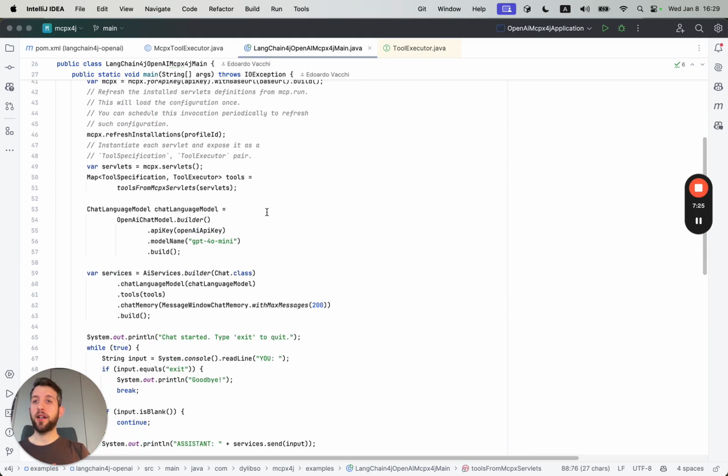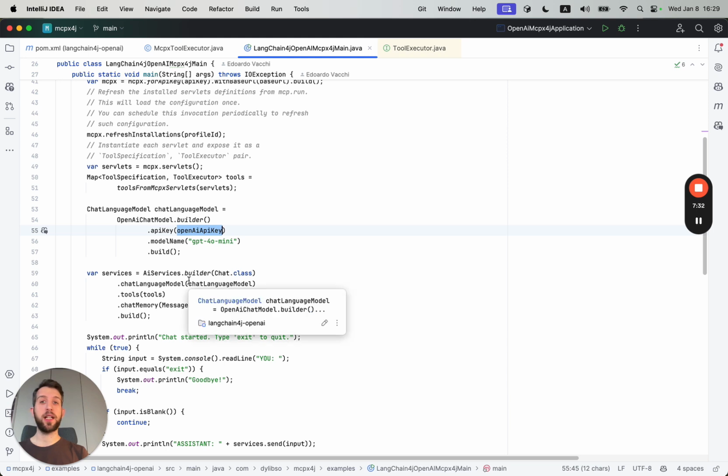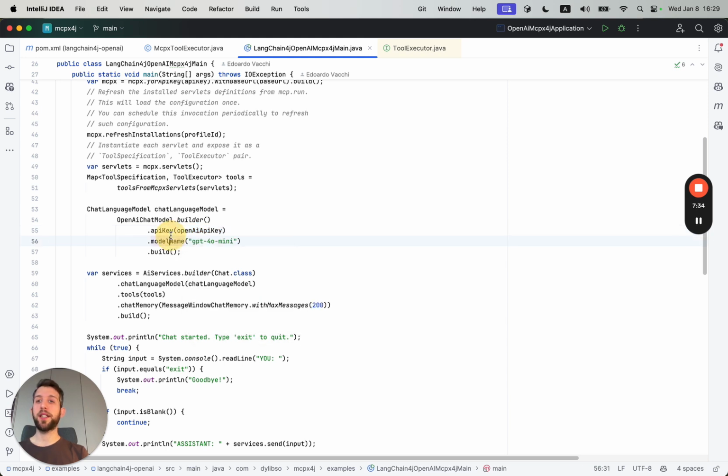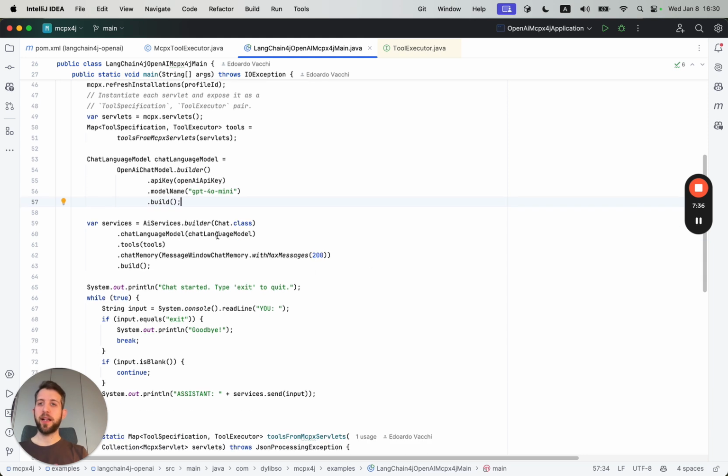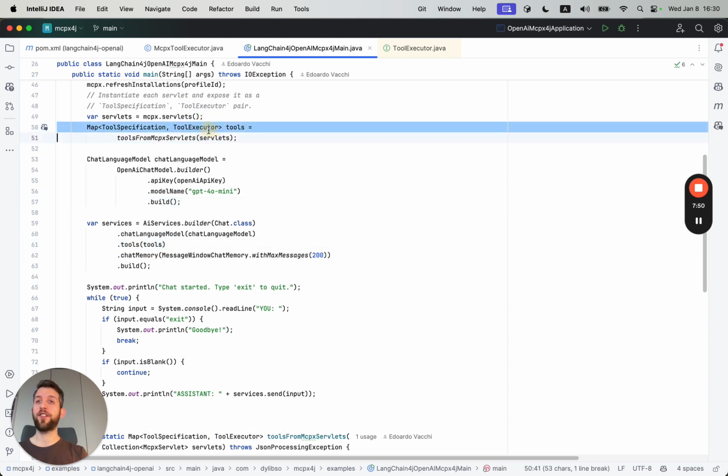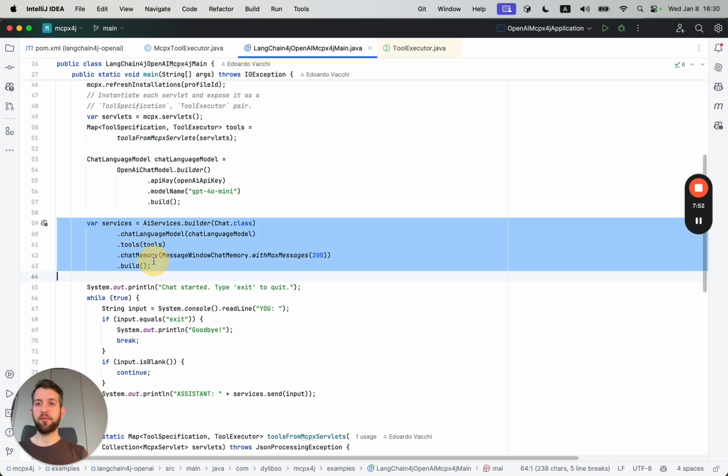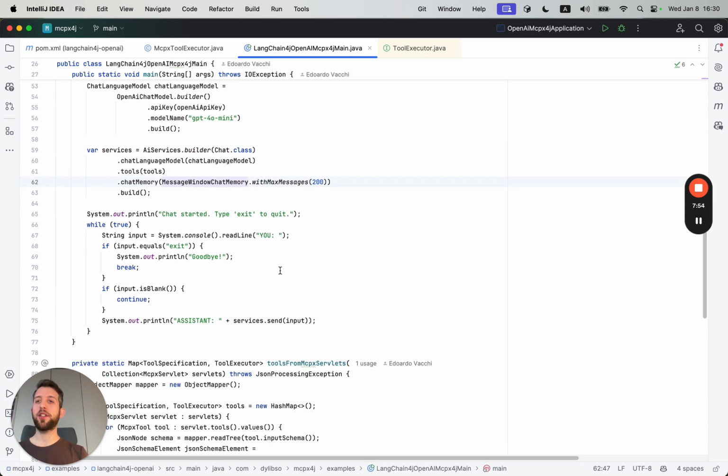After you have all of the tools and all of the tool specs, you can configure the chat language model using your OpenAI API key, picking the model name, and then you can just build it. And then you can configure the AI service using the chat language model that you've defined here. You provide the tools that you have defined here. You can pass whatever options you want, and then you can expose a very simple, in our case, a very simple